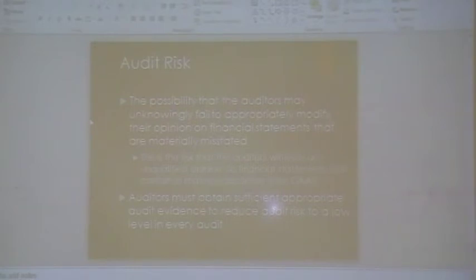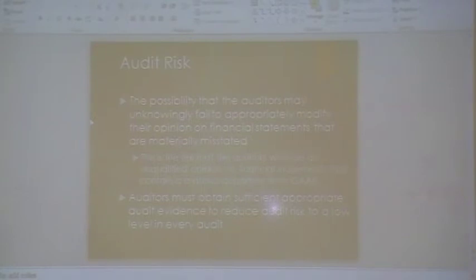Okay, so this is our audit risk example again. Your audit risk is your inherent risk by your control risk by your detection risk. Your inherent risk is the risk of a material misstatement occurring in an assertion assuming no related internal controls. Control risk is that a material misstatement in an assertion will not be prevented or detected on a timely basis by the company's internal controls. And detection risk is that the audit procedures will not lead them to conclude that a material misstatement does not exist in an assertion when in fact such a misstatement does exist. It's probably a good little slide that has all 3 types of risk and links back to your audit risk as well.